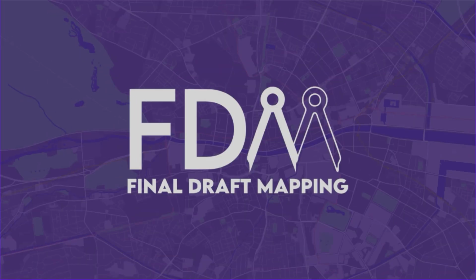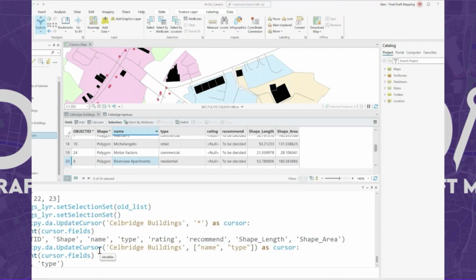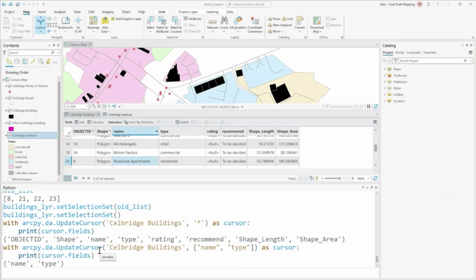We have been using the UpdateCursor updateRow method throughout this section. Let's take a closer look at the method in this video. We are in our ArcPy APRX. While you do not have to have followed any of the previous videos up until this point in this section, it would be beneficial. This video can be treated as a standalone tutorial. Just note, if you are jumping in from another point,